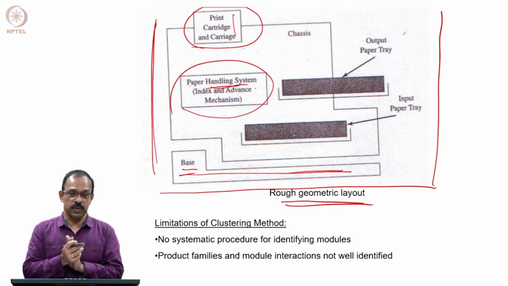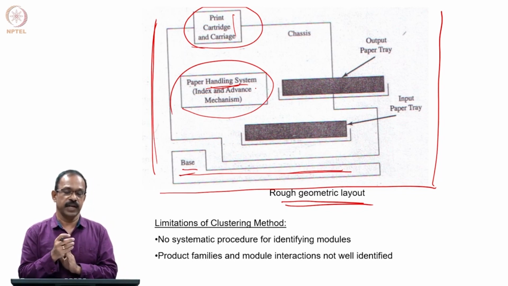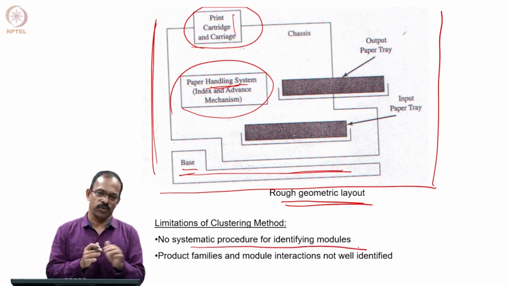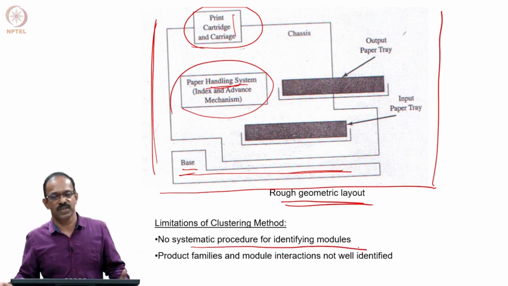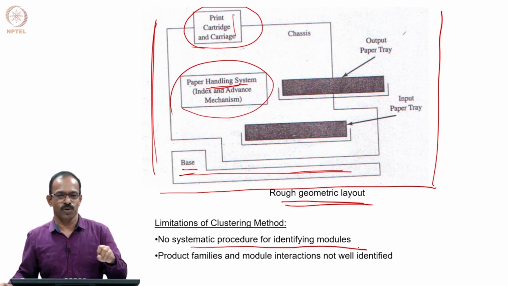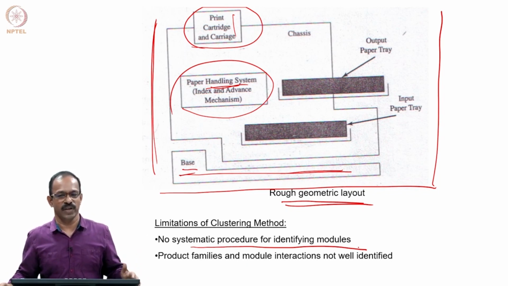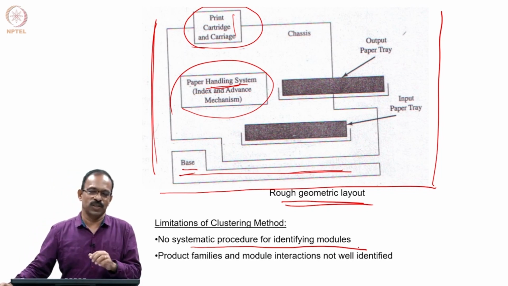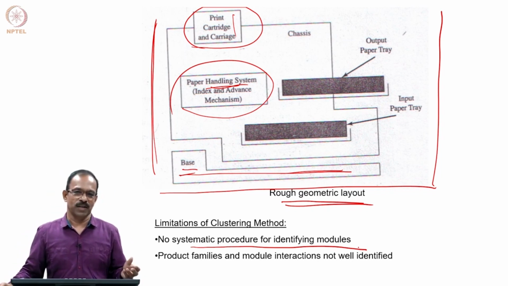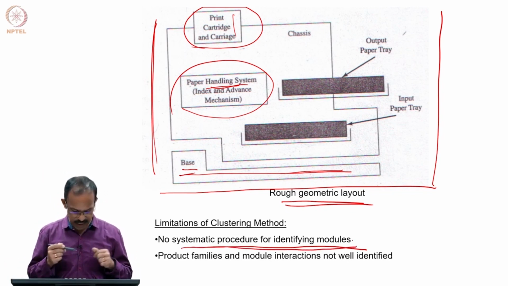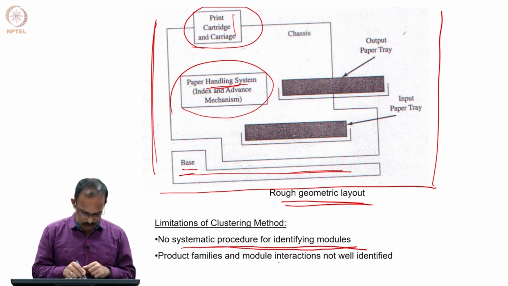Okay, so this is the first method where we try to identify the modules based on some basic clustering methods. But the limitation is that there is no systematic procedure for identifying modules. So, we left it to the designer to identify a module based on his own understanding and his own way of identifying. So, there is nothing to say whether it was correct or not, because there is no rule to follow. That is the problem here: no systematic procedure for identifying modules, and